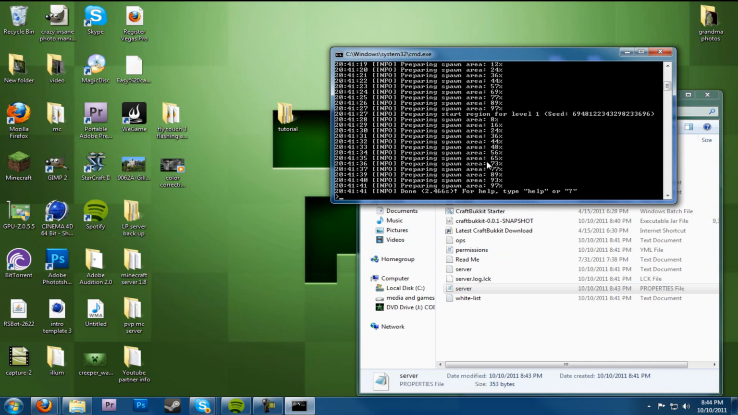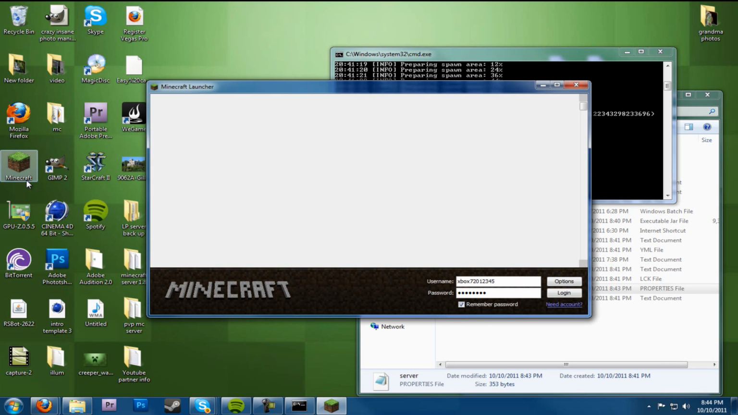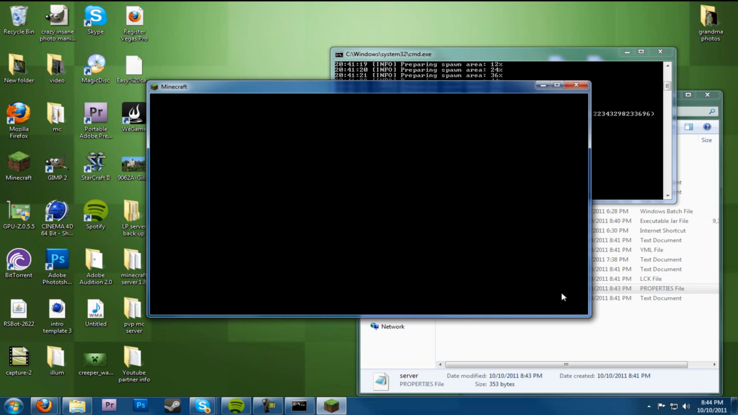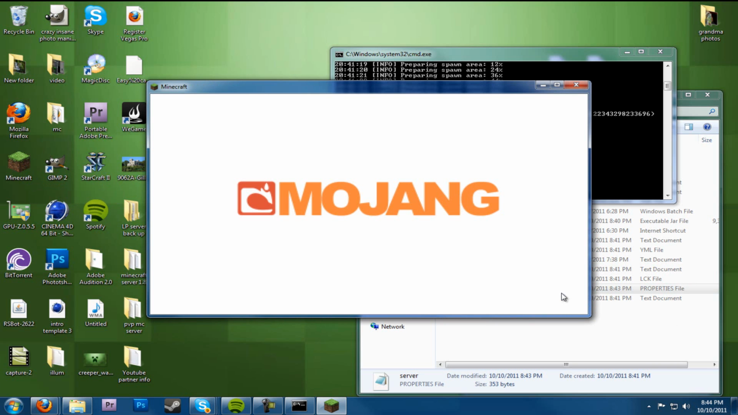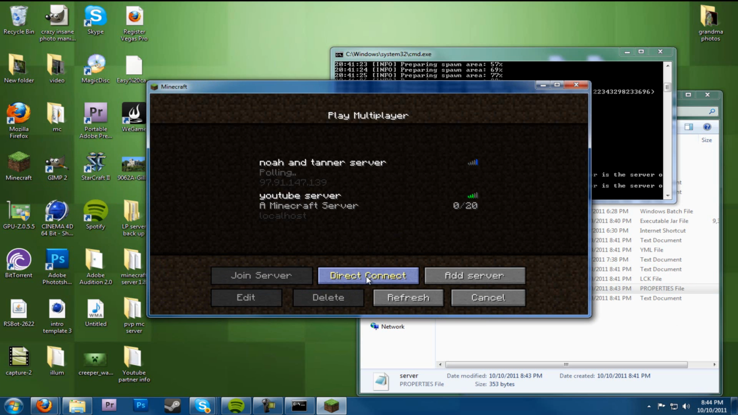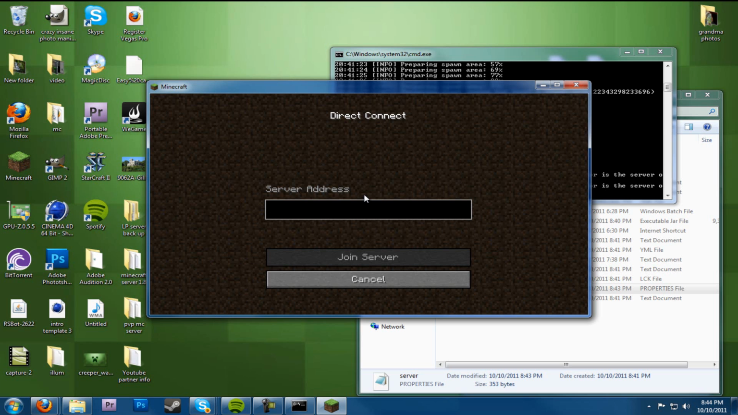Here we have this, which is actually your server; your server's running when you have this open. So you're going to want to open Minecraft, and this is just going to test to see if it's actually working. And after this opens, we will be able to see if our server is running correctly. So just go to multiplayer and direct connect, and type in your server IP. I'm just going to type in localhost because I don't want you to know my IP address. Join server,